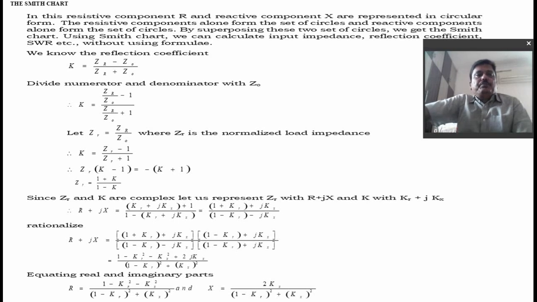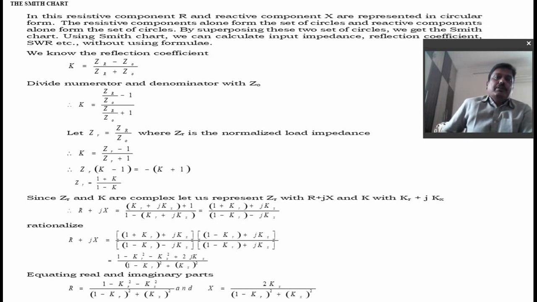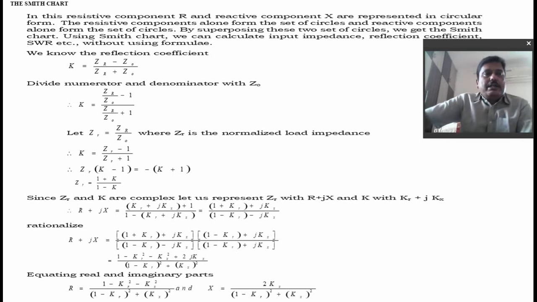In this video, let us discuss the Smith chart, as opposed to calculators and so many tabular methods. Here we have a Smith chart which has been developed to simplify transmission line calculations. With this Smith chart, without using a calculator, we can find the required parameters. So let us see what exactly this Smith chart is.